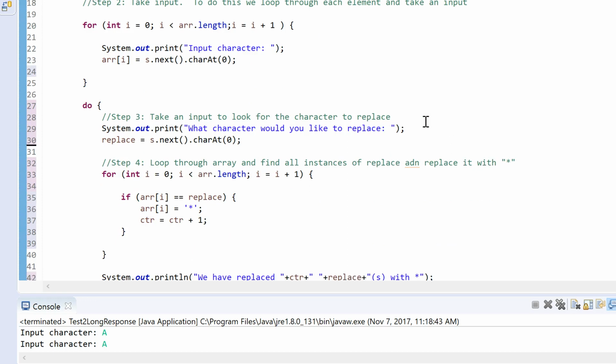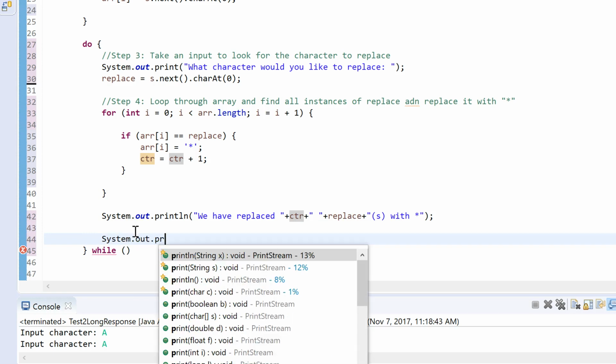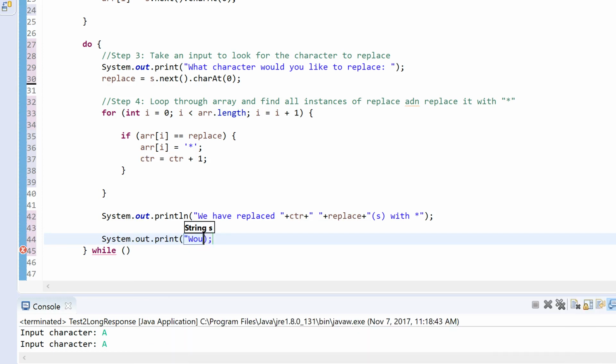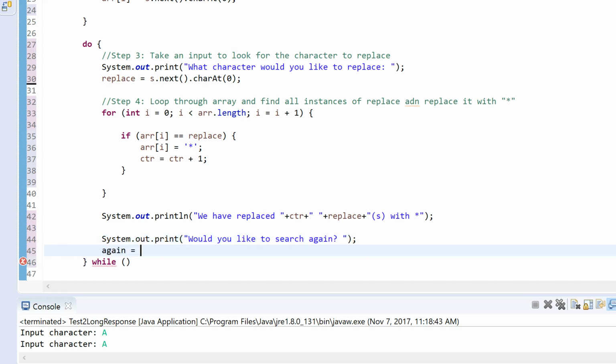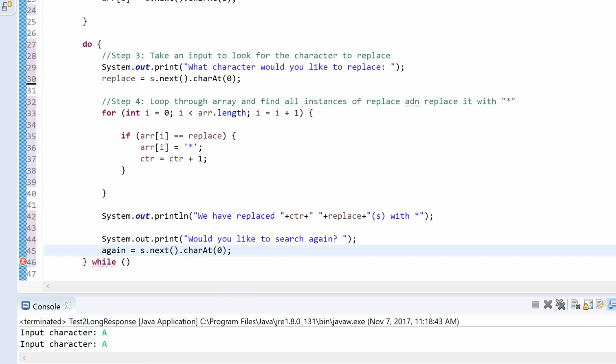And then I'm going to scroll down here. And first I'm going to take an input. So I'm going to say system.out.print, would you like to search again? And now I'm going to take my input. So I'm going to say again equals s.next.char at 0. And then I'm going to say while again is equivalent to capital Y, or again is equivalent